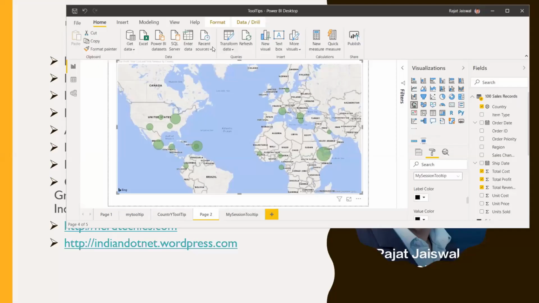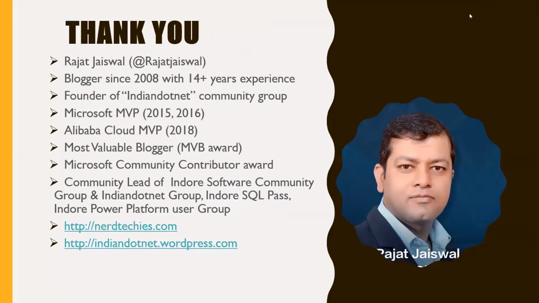In the next session, we are going to understand how to do web scraping, how web scraping can be easy, and what are the different ways or sources by which we can do web scraping of pages, and also how to consume PDFs in Power BI. That we are going to understand.